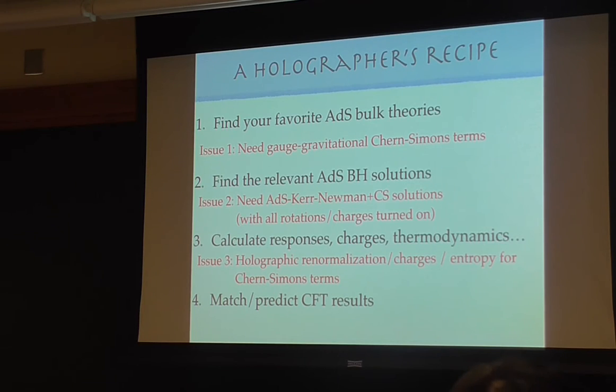As far as I know, it is very hard to find a general solution to this. I think people know how to do a Chern-Simons term for a gauge field, like A wedge F squared, or something. But if you have gravitational terms and you want it for arbitrary charges or rotation, it is almost impossible. People haven't written this down. So this is another issue.